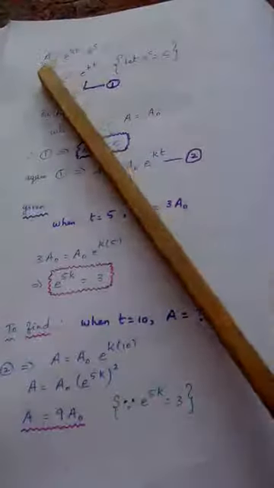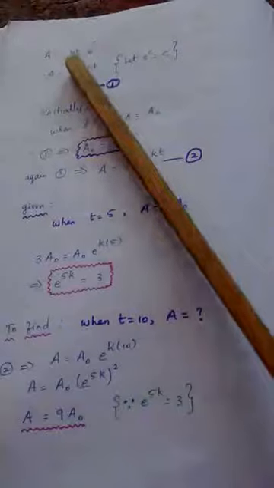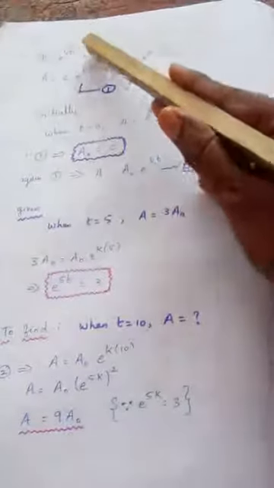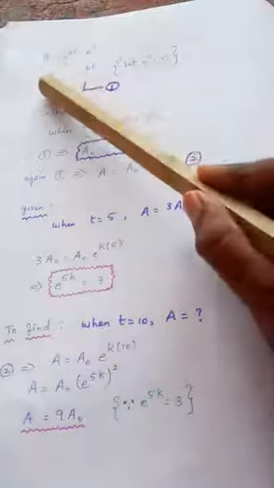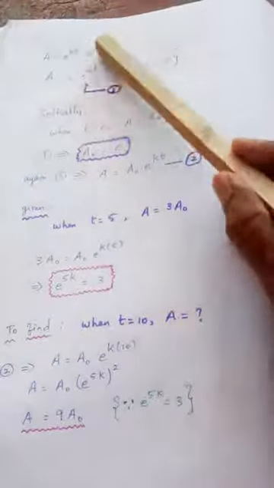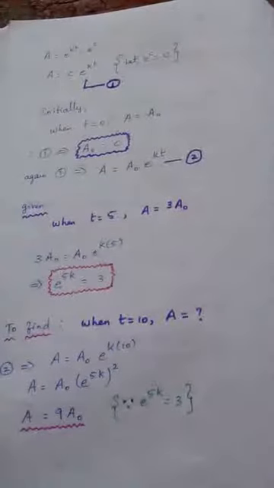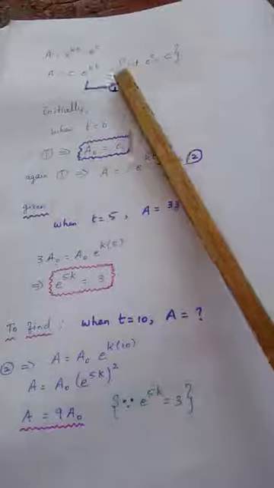So just see, we are splitting this. A is equal to e power kt plus C is split as e power kt into e power C. Now assuming this e power C as C, because since C is constant, e power C will also be some constant. We are marking that as C itself. So now this is written as A equal to C e power kt. Hope you will understand these steps, and this is taken as first equation.